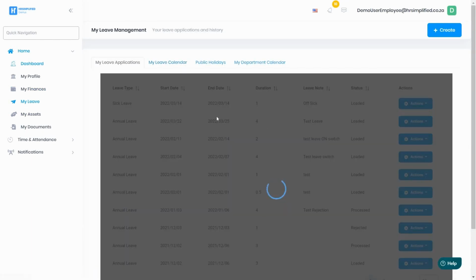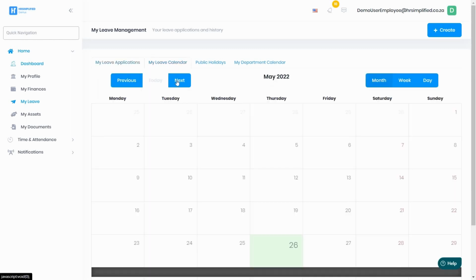Under My Leave, we can look at the same. This will fetch your leave data. It will also show you a calendar where your leave can be tracked, so you can go look at when you had leave in the history and then see what that leave was for. You can also look at public holidays that is applicable to your profile, as well as the department calendar that shows you everybody in your department that is on leave at the same time. So you can actually go find out if other employees in your department might be on leave when you need